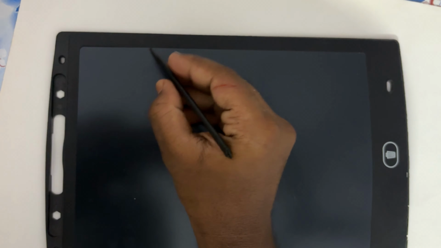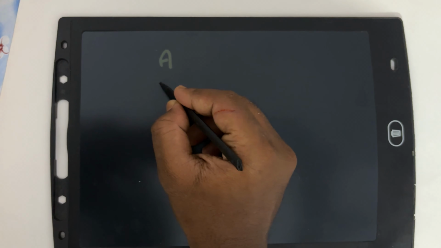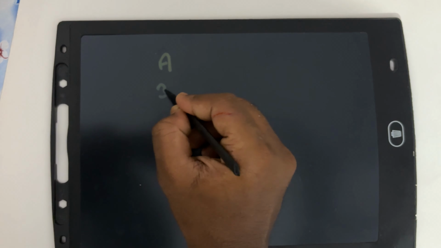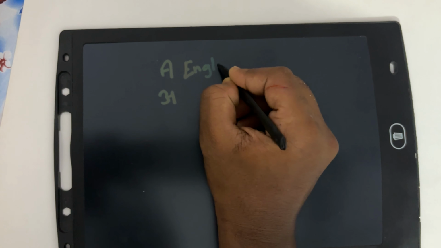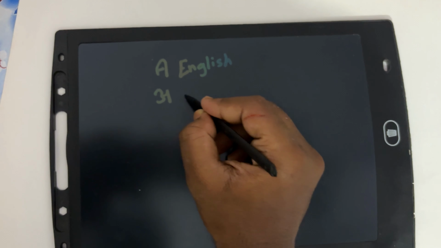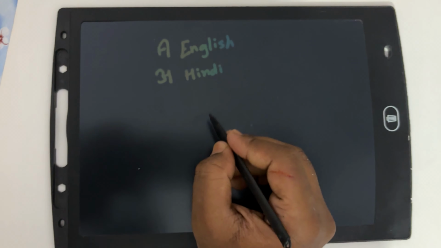Today I will learn 25 Hiragana in Japanese. Let's start the video. First word is A. In Hindi, A. This is English language and this is Hindi. In Japanese,